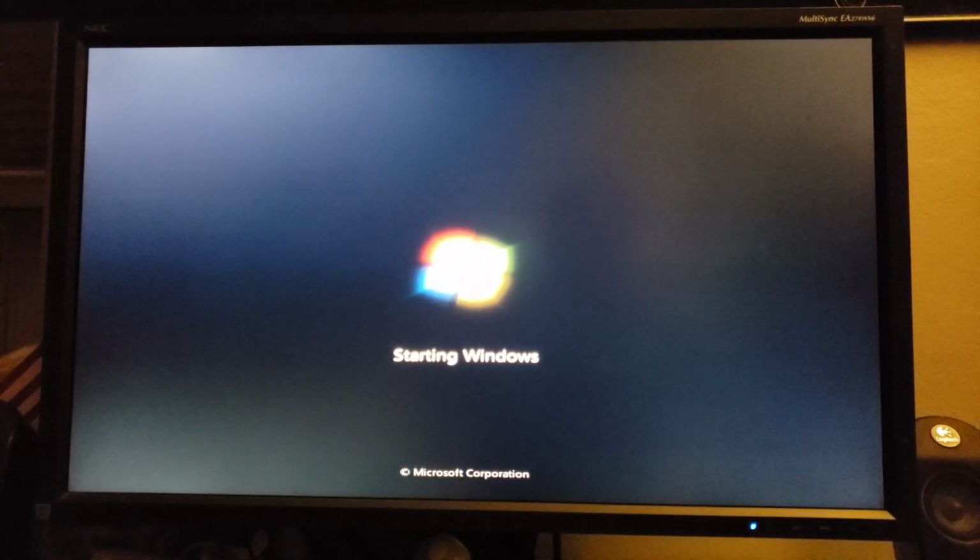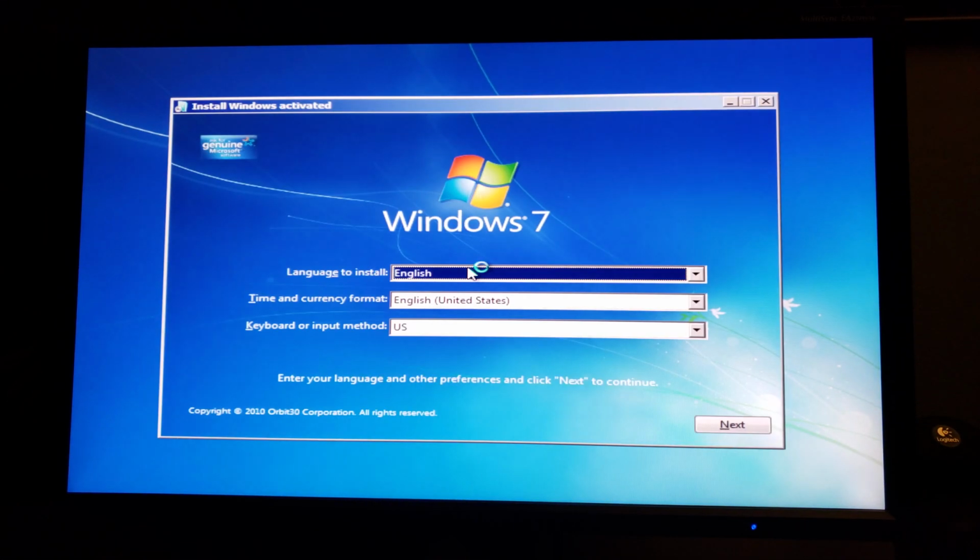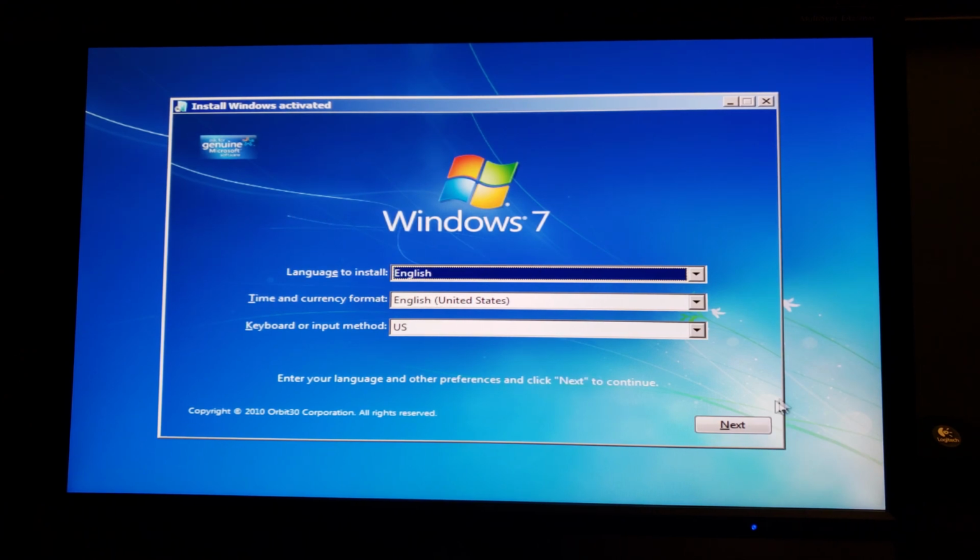So if you heard that whirling sound a moment ago, that's basically me trying to install Windows 7 using the old classic DVD method, believe it or not. Now I'm going to show you a little difference here, just using a DVD that's got no injected drivers in it. Obviously the injected USB 3 drivers will not assist me in this case. So you can just tell